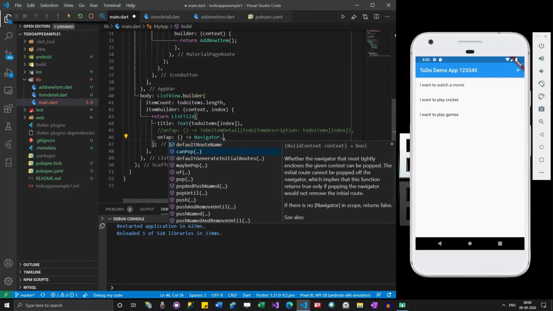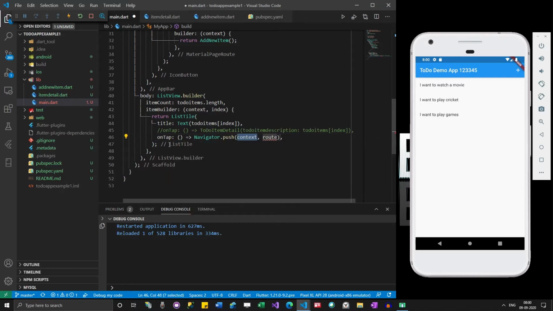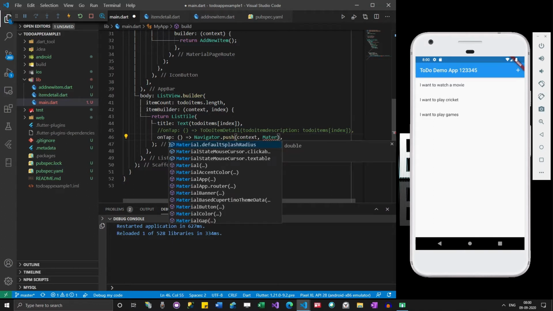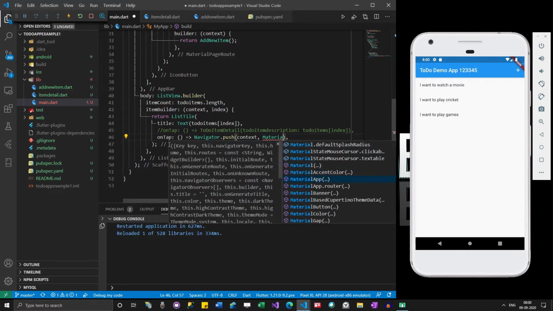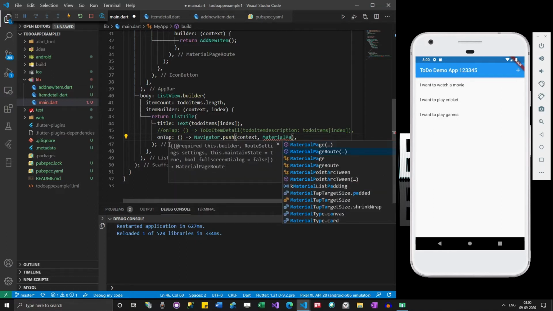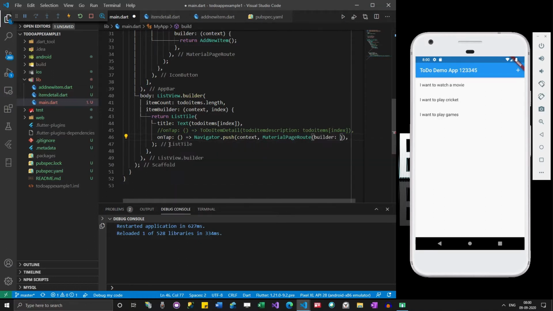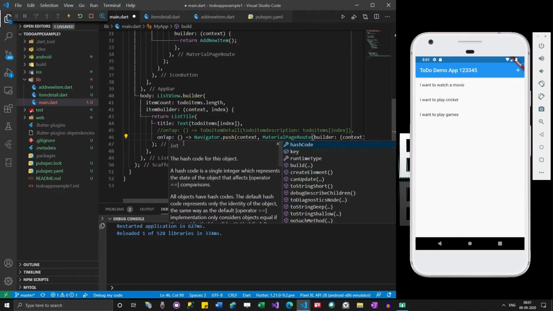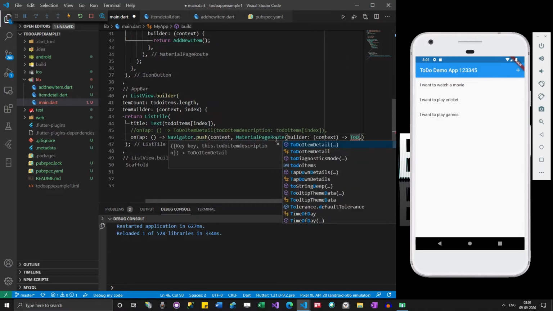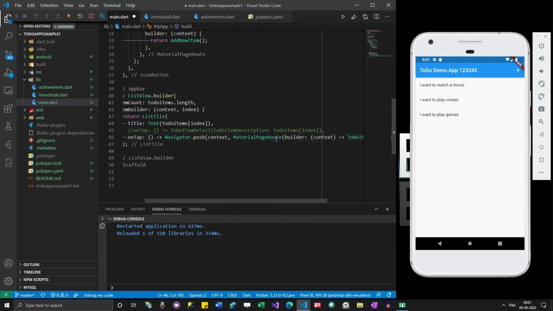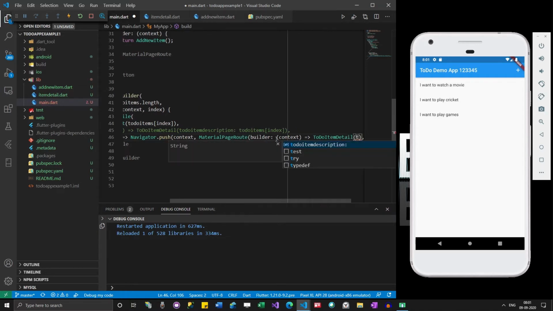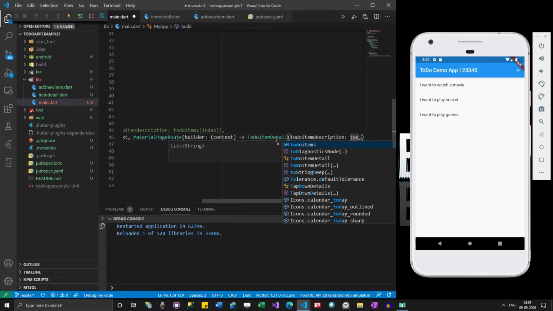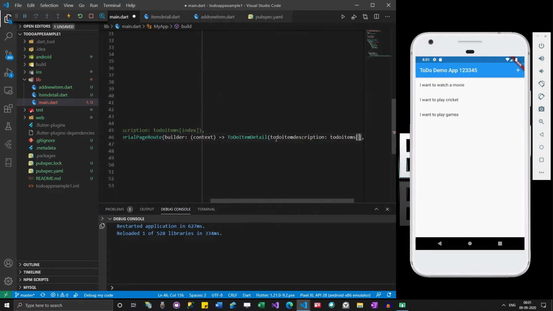dot push, material page route, and then context, to do item detail, to do description, to do items of this.